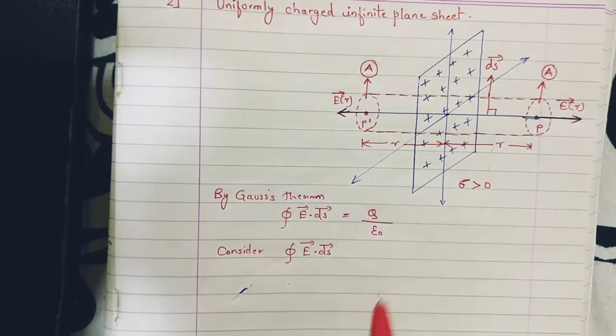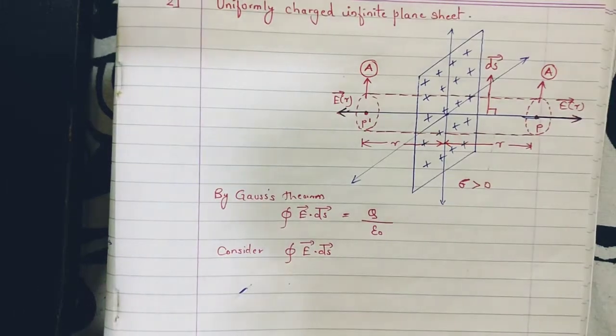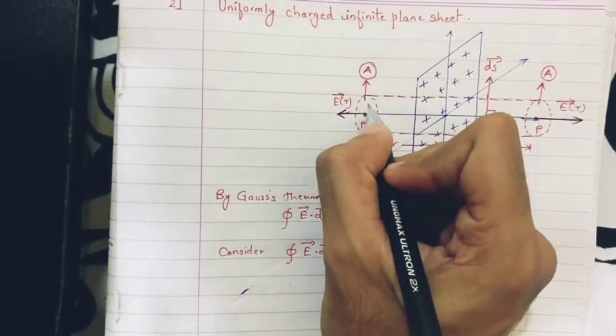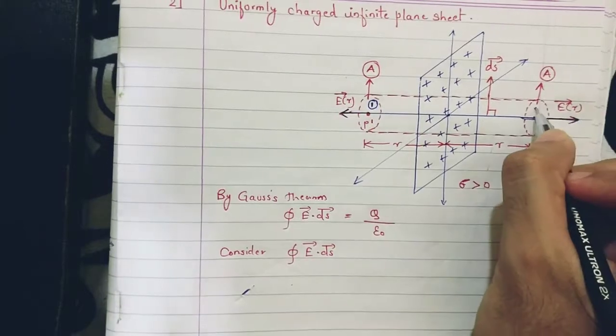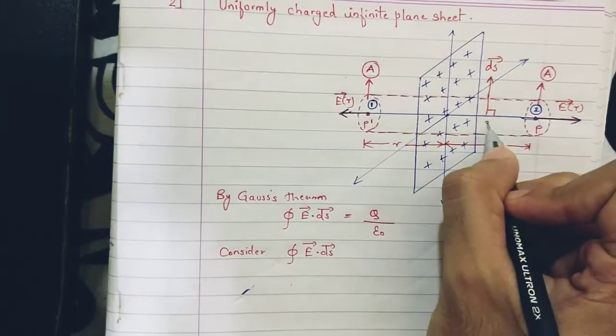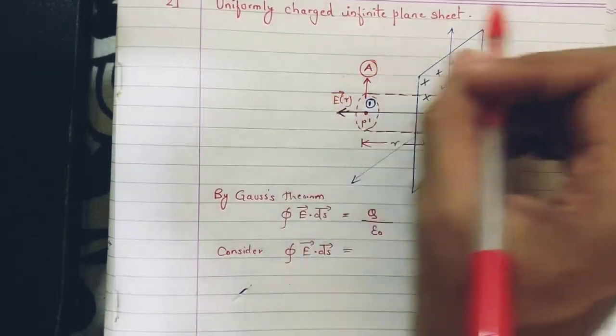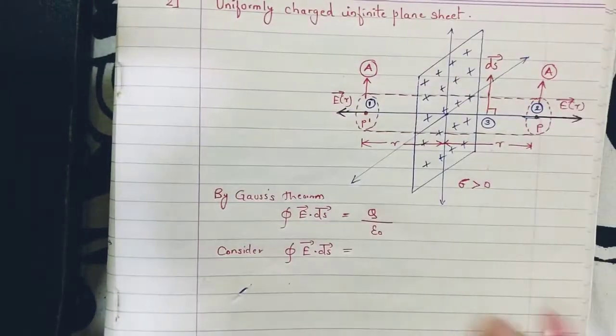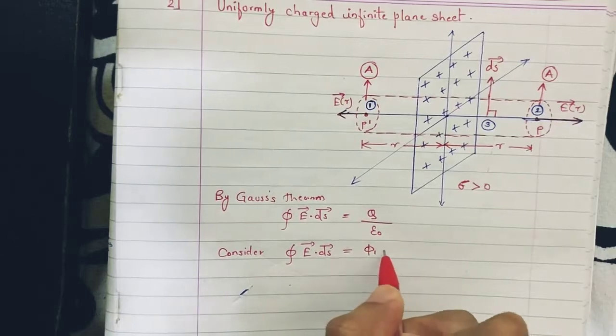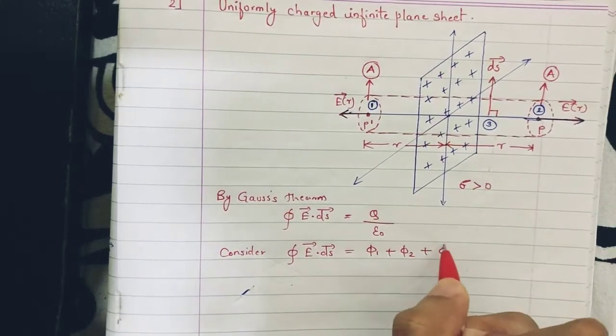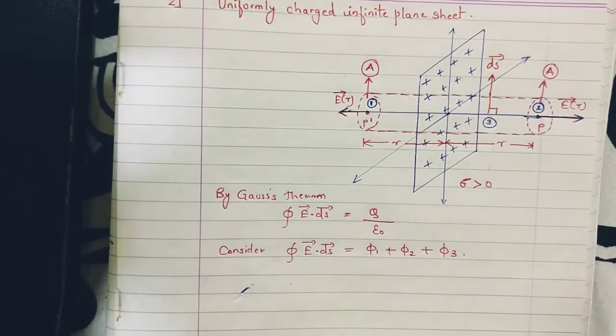Okay, I hope you are understanding. Otherwise, to make it simple, we'll write it this way. Let's consider this as surface 1, this as surface 2, and this as surface 3. So as per our usual method, the total flux coming out from this entire cylinder, the Gaussian surface, will be phi1 plus phi2 plus phi3. Let's individually find it out.